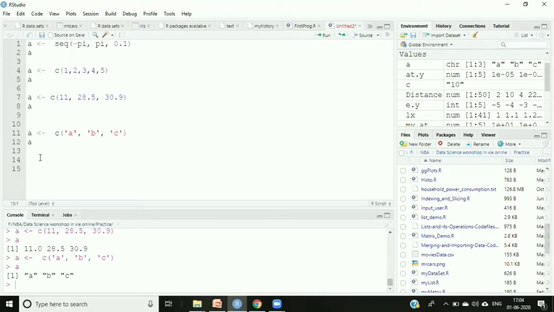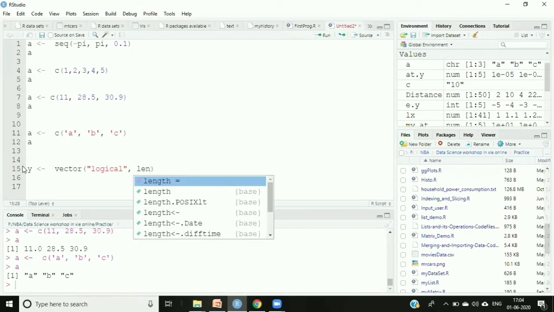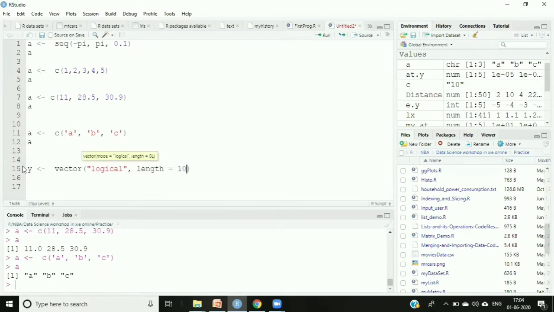One more approach is there, by using the vector function. Okay, by using this vector function. So let's say y equal to vector, and I'm saying any value, let's say logical, anything you can write, logical, and I'm saying length, L-E-N-G-T-H, length equal to 10.